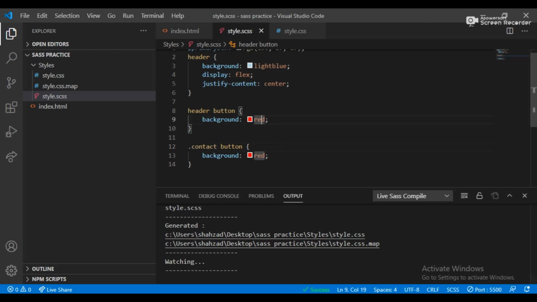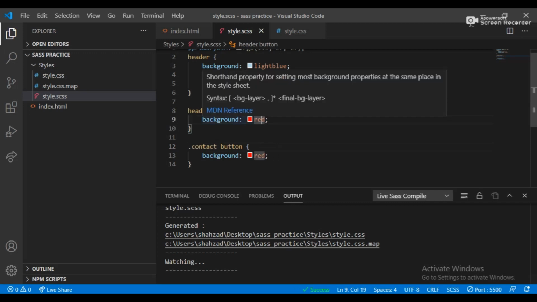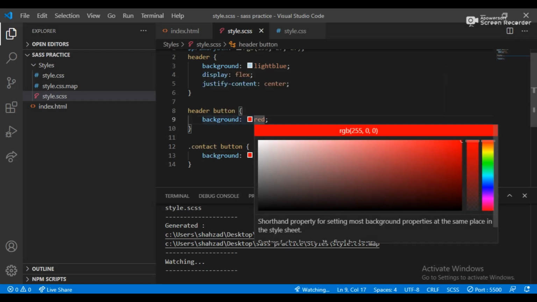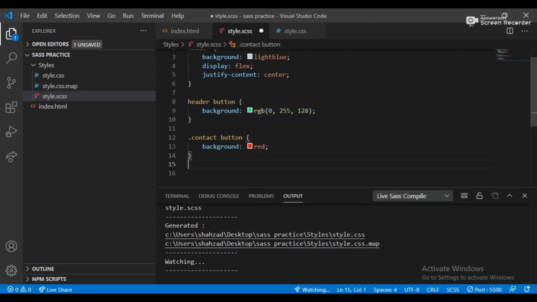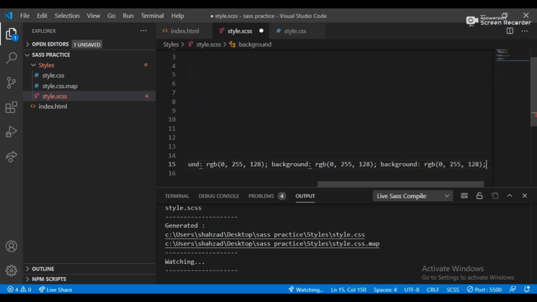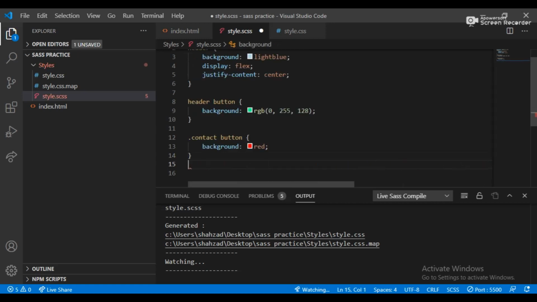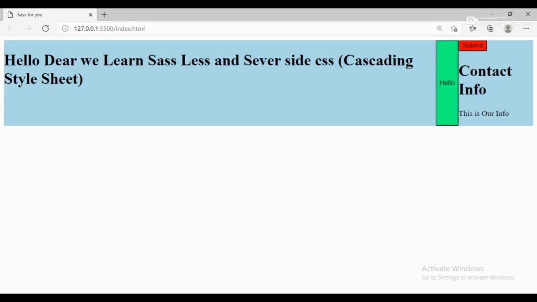Here you can see the value of red, for the header button and contact button. I'm defining multiple colors for my button background. I have to add a lot of values, but I want to remove all that and just make the change on buttons.